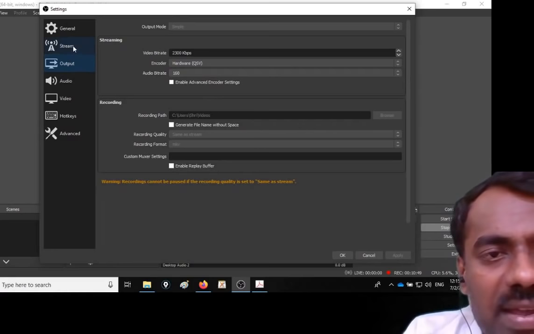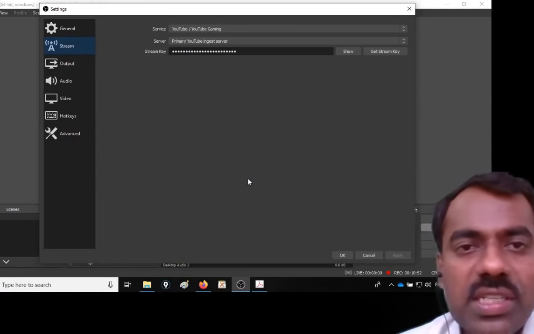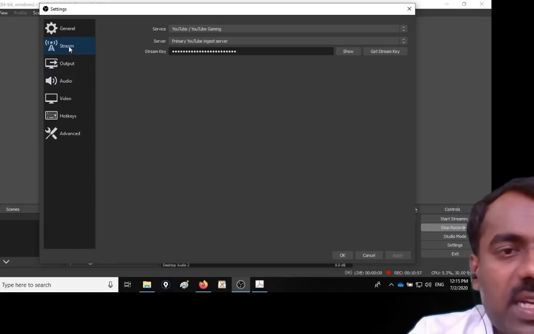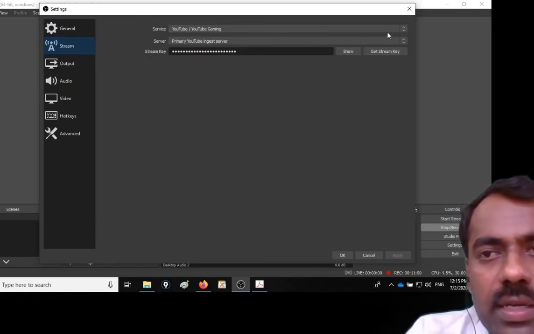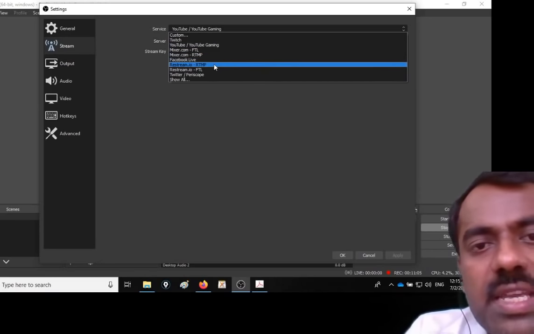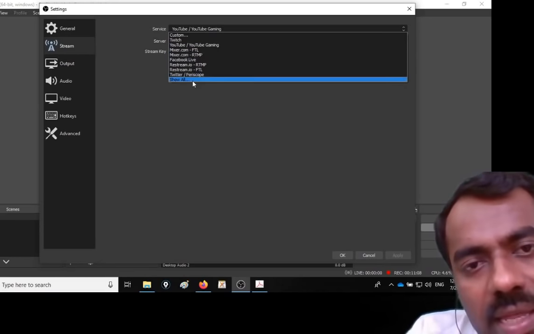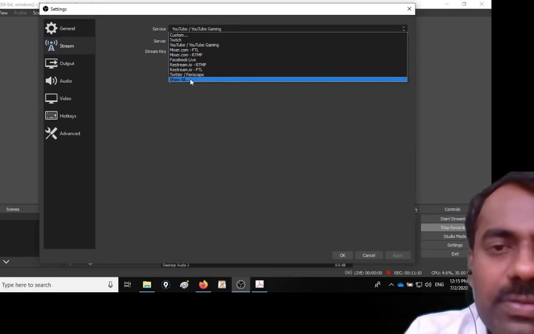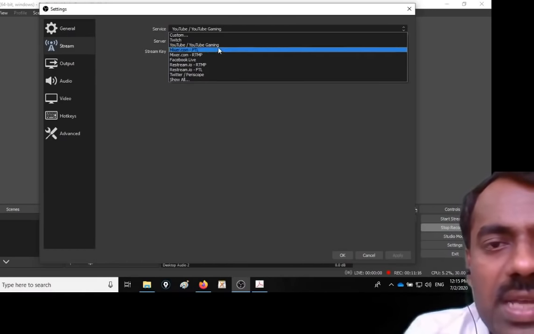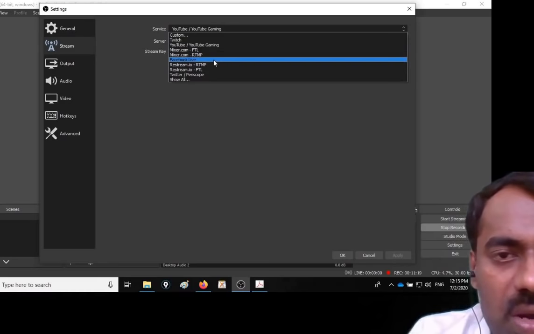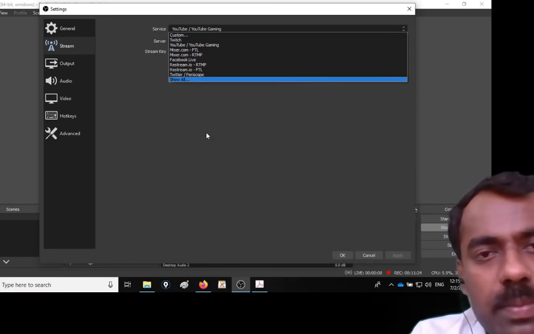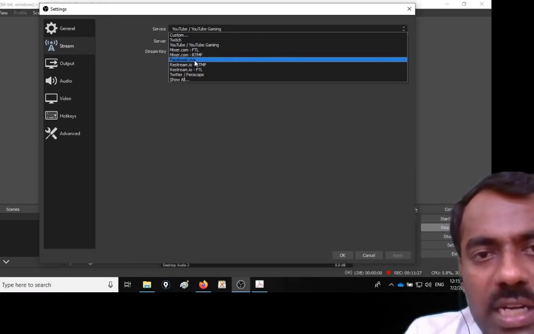Okay. Now, I will explain how you can go streaming, that means how we can go live using this OBS. For that, we have to click on this stream button. Here, you have to select which one you want. There is YouTube, Facebook, Restream, Twitter, and so many others. If you click on this show all, a number of platforms are available. You can stream on any platform. But what we usually do is go live on YouTube or Facebook in general. But many people use Twitch, which is one of the famous platforms to deliver, and YouTube, Facebook, and so on. Twitter is also there.